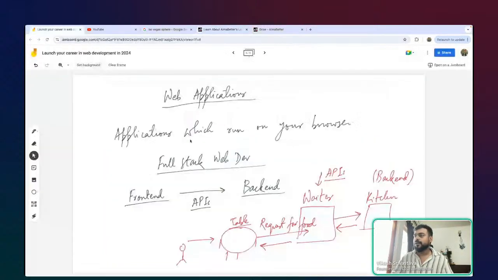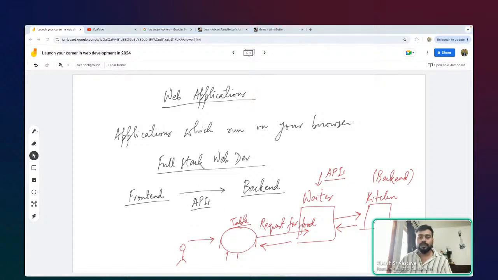Cool. Okay. All right. So I hope everyone now understands the basics of what full stack web development is. Anything which will help us build a good front end interface, and anything which will help me build a good back end application, and then I'm also taking care of everything in the middle. So this is what full stack web development looks like.